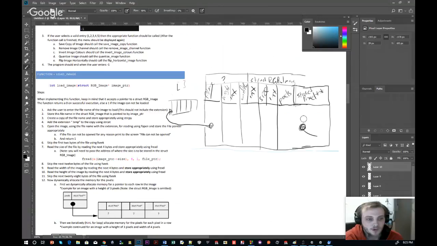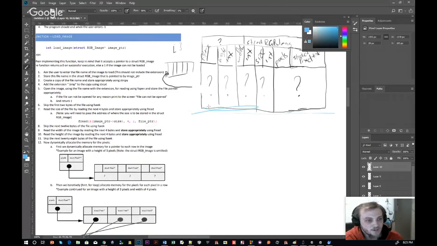At the moment we don't know where it's pointing. We don't know what the size is, we don't know what the width is, we don't know what the height is, and we don't actually know what the file name is at the moment. All right, so we have that, and then in our actual function, which is the load function,